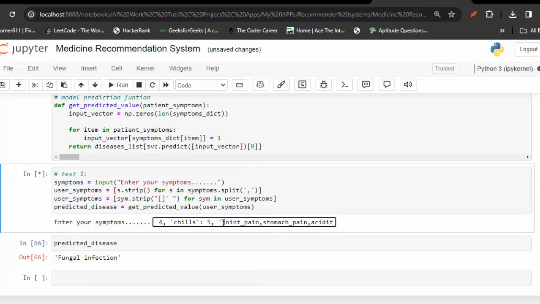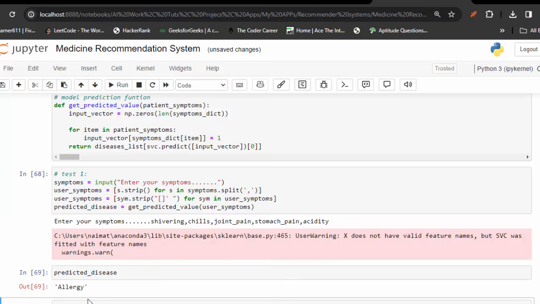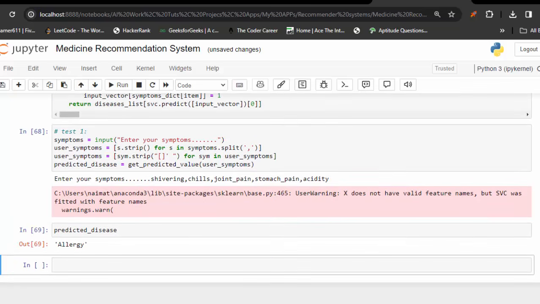जॉइंट पेन जो घुटनों में दर्द होता है उसे कहते हैं चिल्स, मैं बता चुका हूँ। शिवरिंग का मतलब एक कांपना, सर्दी हो जाना। तो देखते हैं कि मॉडल ने क्या प्रेडिक्ट किया है। एलर्जी, अमेजिंग, बिल्कुल एलर्जी डिजीज़ होना भी चाहिए क्योंकि ये देखो एसिडिटी, चिल्स एंड शिवरिंग ऐसे सिम्टम्स है जो बिल्कुल रिप्रेजेंट करता है एलर्जी को। जॉइंट पेन रिप्रेजेंट नहीं करता है, स्टमक पेन भी। स्टमक पेन, एसिडिटी, चिल्स एंड शिवरिंग, दिस आर द सिम्टम्स दैट एक्चुअली रिप्रेजेंट एलर्जी। सो परफेक्ट। अब करते हैं एक आखिरी काम, वी आर गोइंग टू क्रिएट द एक्चुअल सिस्टम, ओके।